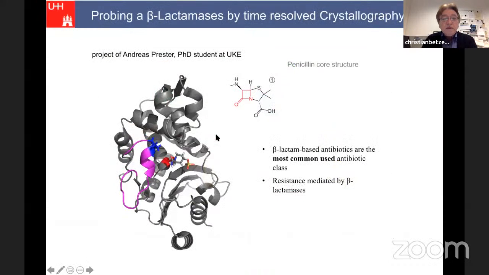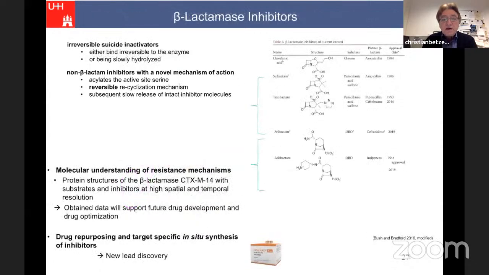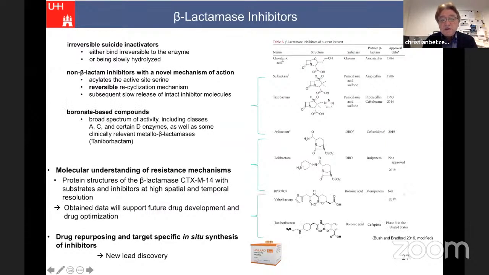A study is ongoing by a PhD student here. So we have a beta-lactamase from bacteria epidermis, and we are looking at the structure and complexes. And here, sorry, I'm speeding up a little bit, don't read everything here. These are the last line antibiotics known for pharmacists and medical doctors. And just upcoming, very interesting, new types of antibiotics.